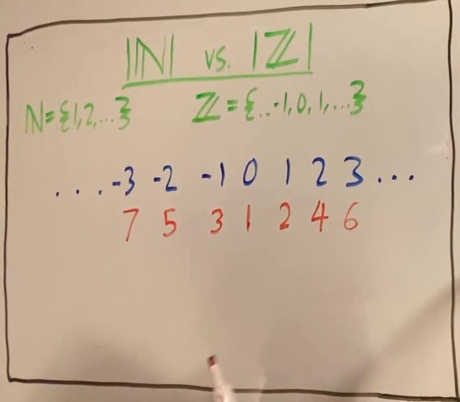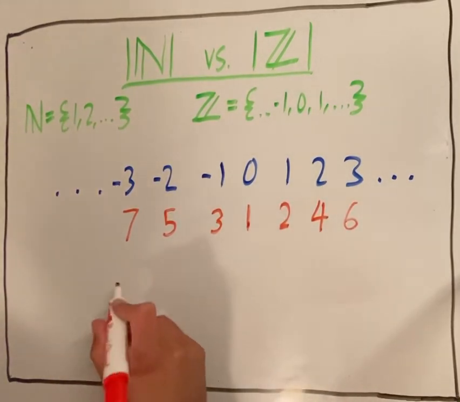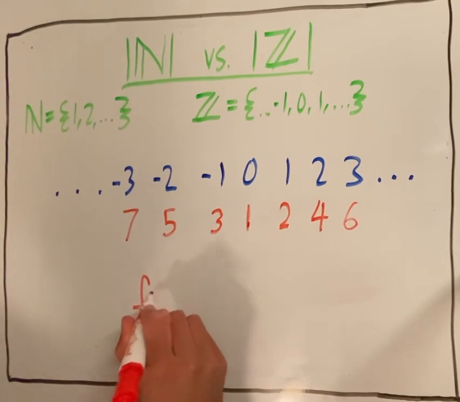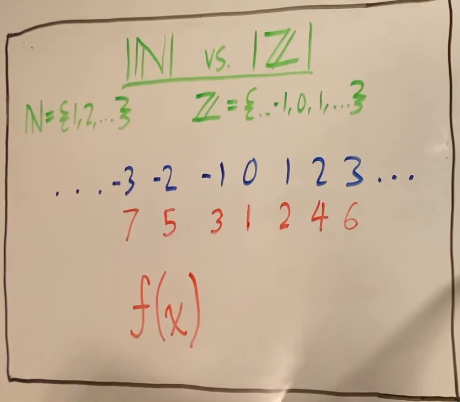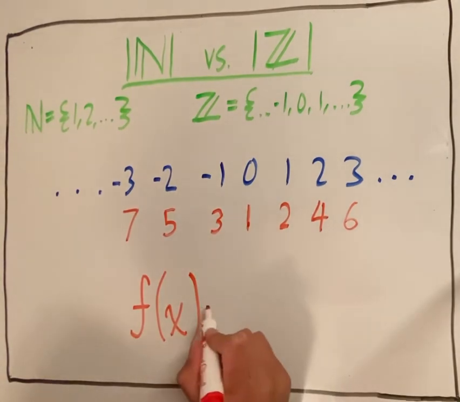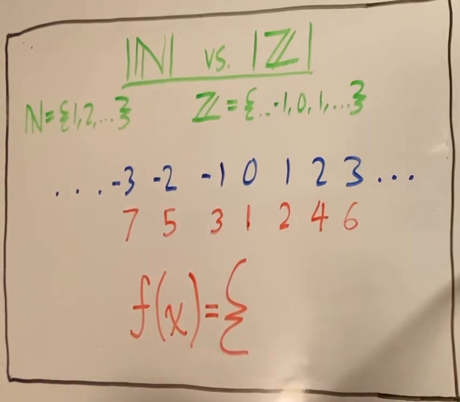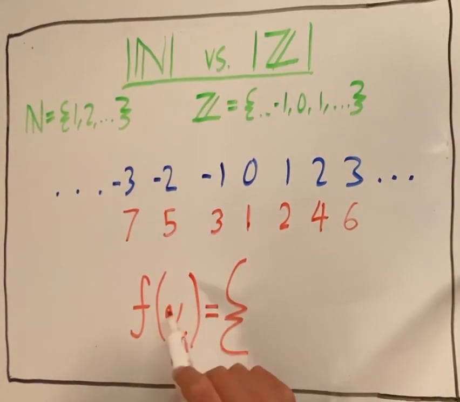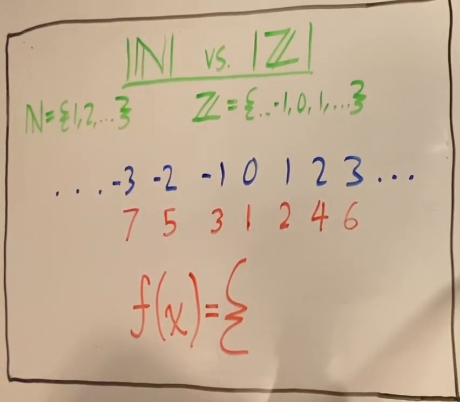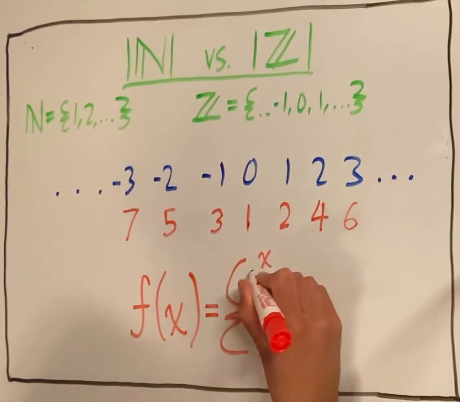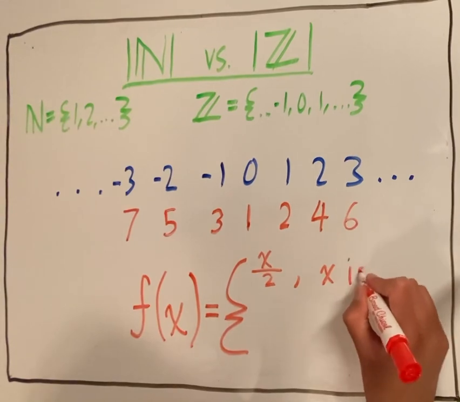And so we can also write this function explicitly instead of just this intuitive way. And let's try to do that right now. So we're going to write a piecewise function because this kind of flip-flopping doesn't translate into any simpler kind of function. So first of all, you can see that the even numbers all map just to themselves divided by 2. So we can say that f of x equals x divided by 2 if x is even,